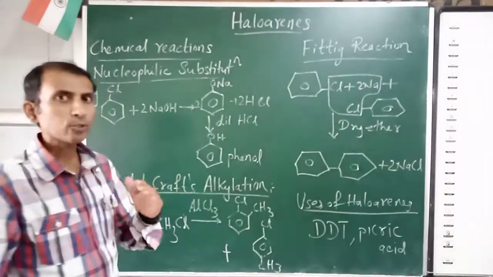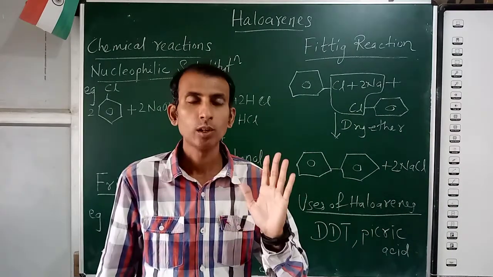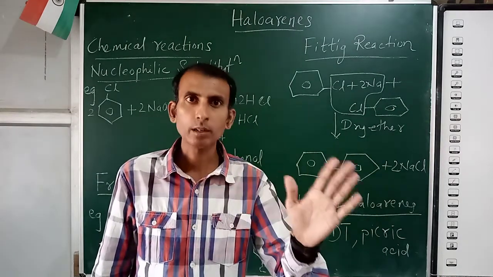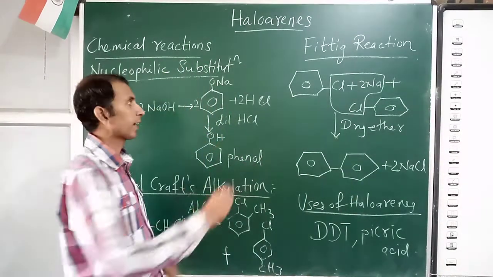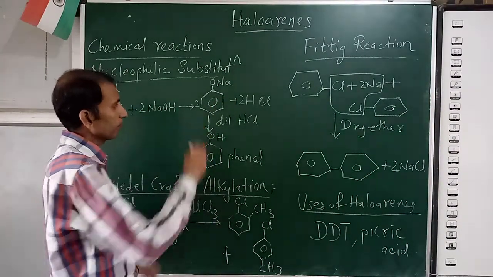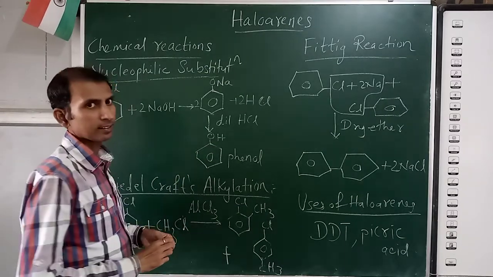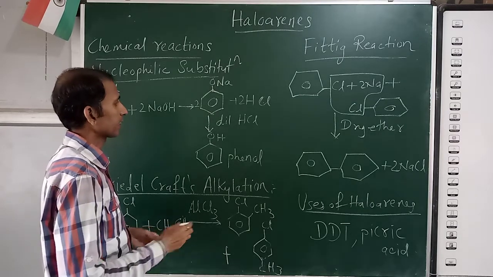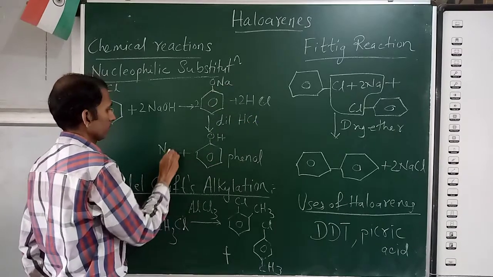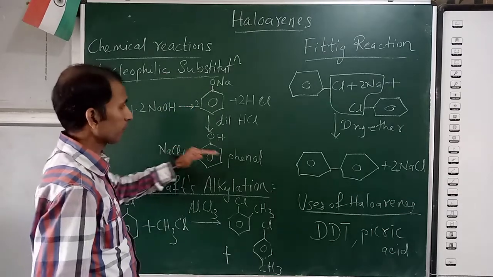This was not given in the text, so it's okay if you don't write the intermediate. It is not expected that you write down the byproduct. Forget about the byproduct; I have shown this step just to make you understand. Now the very next step, hydrolysis in presence of HCl. So here NaCl is lost, Cl and Na, and H gets attached to oxygen. So we get a phenol.